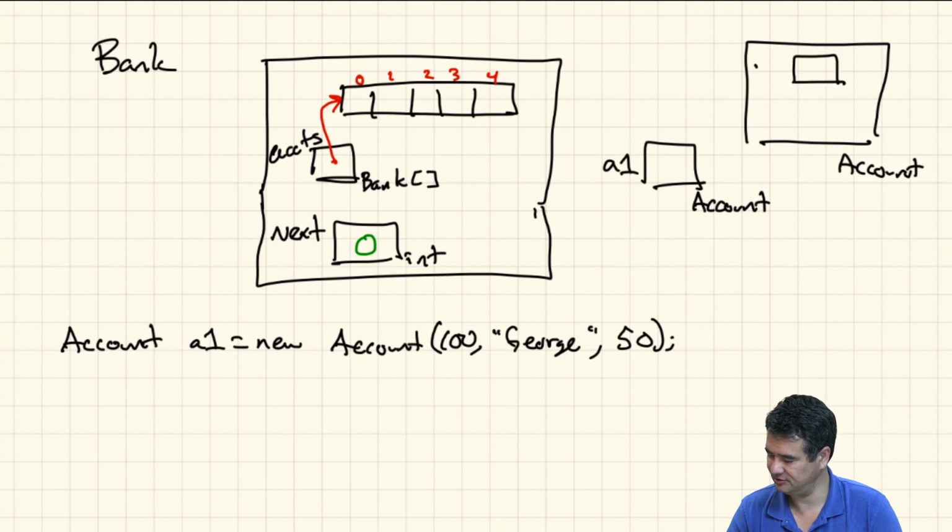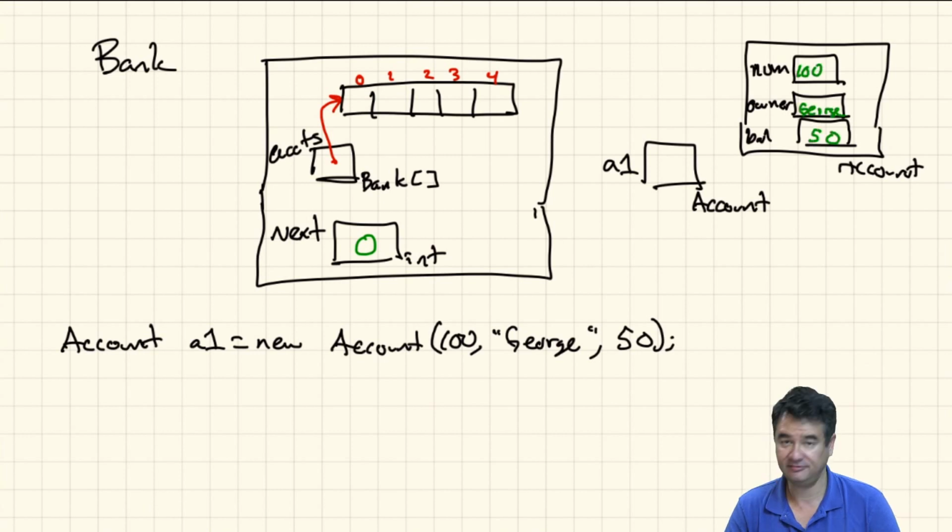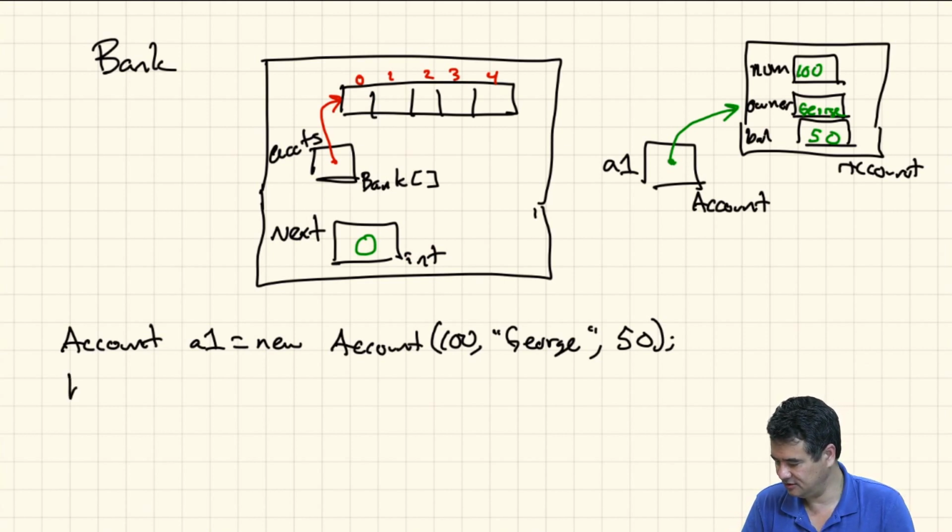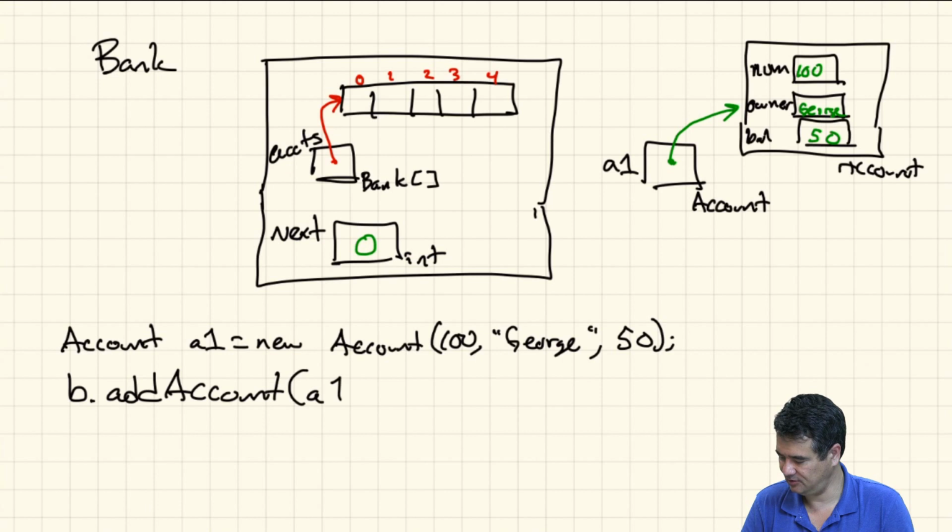This is account number, I'll just label it num, and owner, and it needs a little more room, so let me erase that. Balance. And this was 100, George, 50. Okay? And then this points to that. We good so far? And then when I say b.add account A1,